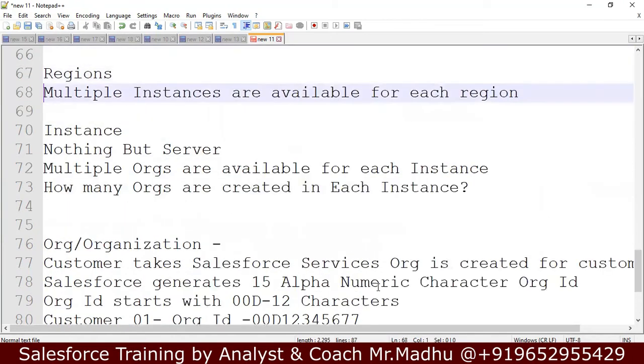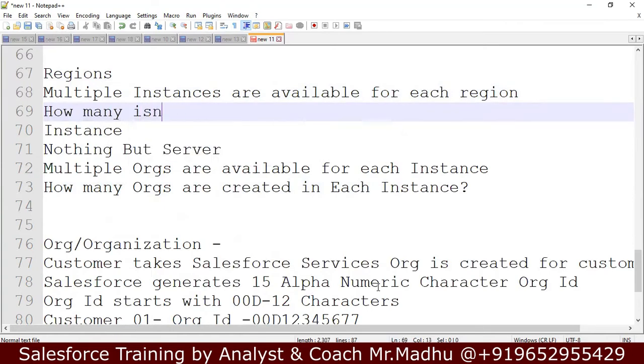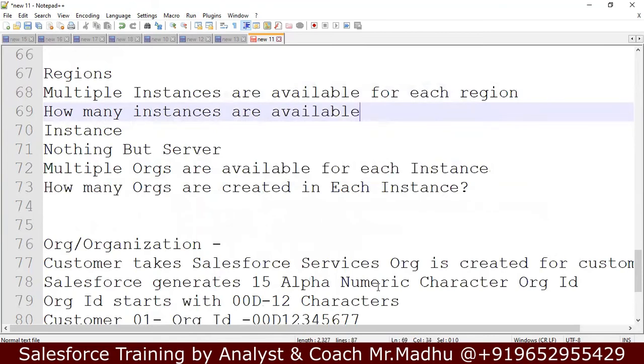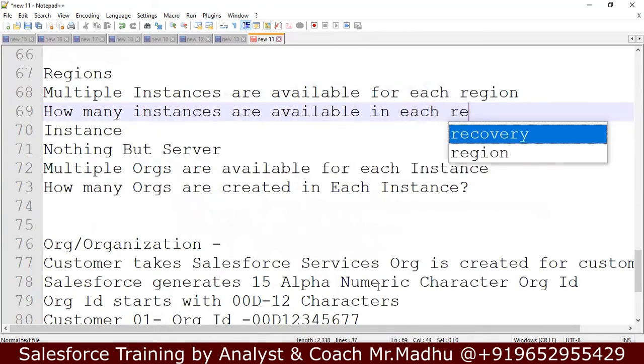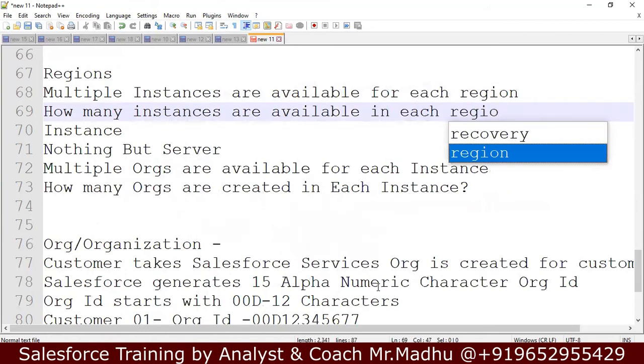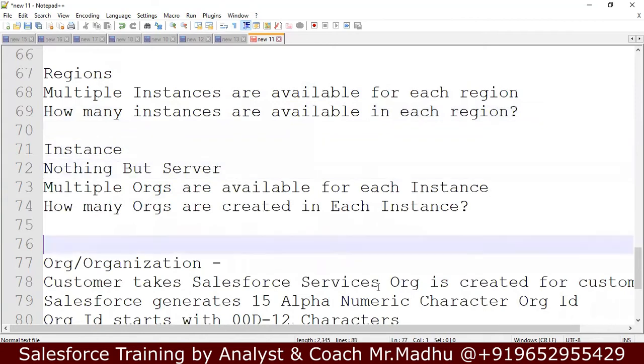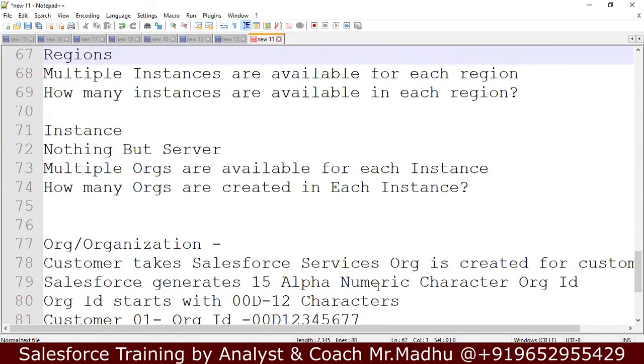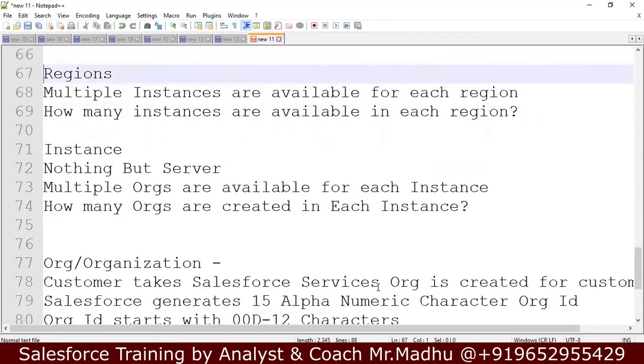And one more thing we have to see: how many instances are available in each region? These two questions we have to answer now. We understood what an org ID is. We have to understand how many orgs are created in each instance and how many instances are available in each region.